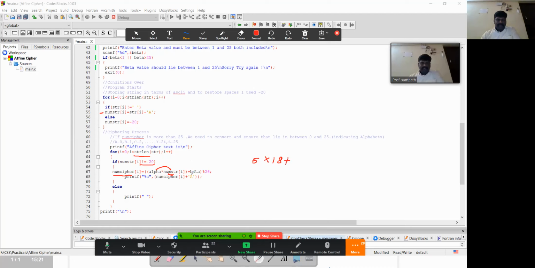I have already selected my beta value as 8. So 5 multiplied by 18 plus 8, mod 26. What is the result?